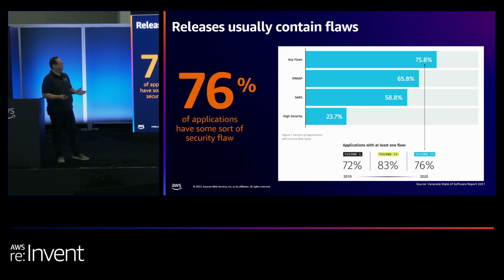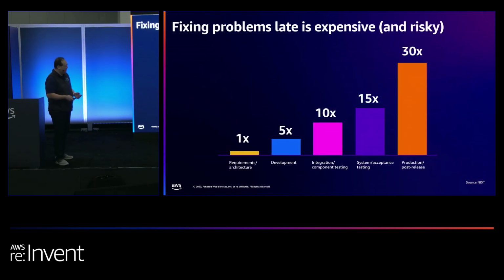That's a huge amount of flaws that are out there, and again, all that is put on those developers' plates to actually fix. And as we look at this quick graph, it shows that the further along in the development process you get, the more expensive and more risky it is to fix. If developers aren't looking for those things in the beginning, and they wait until the end of that SDLC to fix those problems, it just costs that much more.